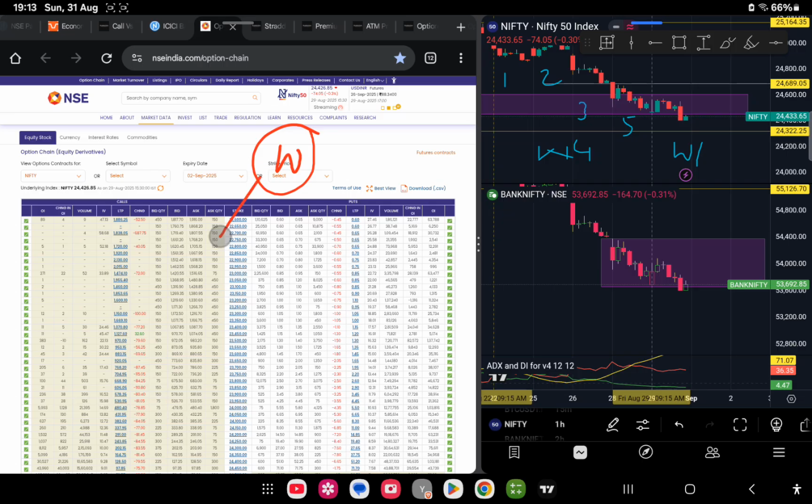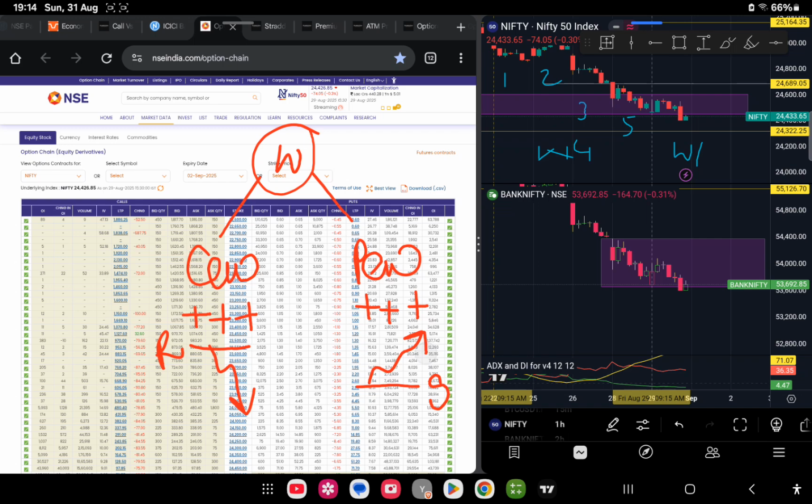There could be two types. One is call writer and the other one is the put writer, or the seller, to be precise. If FII is adding positions in call writing, that strike price acts as a resistance. And if FII are adding positions in put writing, then that strike price acts as a support and price will go up. Okay, so if they are adding on both sides,